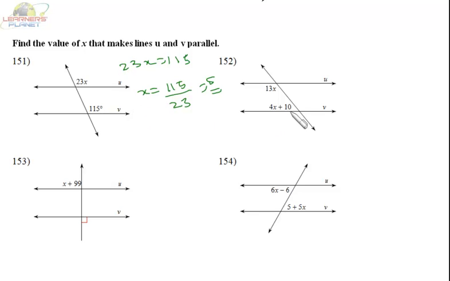Quite simple. Similarly, in this case, 13x and this particular angle are both interior angles on the same side. If their sum is 180 degrees, then the lines U and V will be parallel. So let's do it. 13x plus 4x plus 10 is 180. That means 17x is 170, or we can say x is equal to 10. So if x is equal to 10,